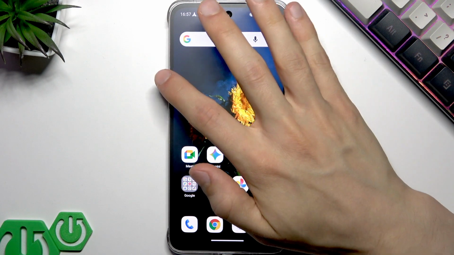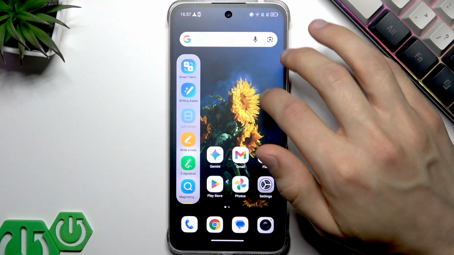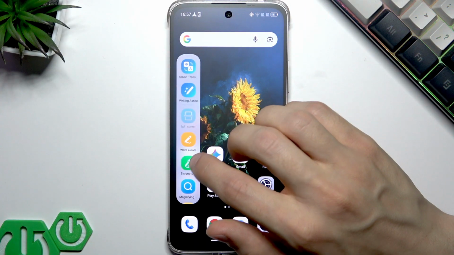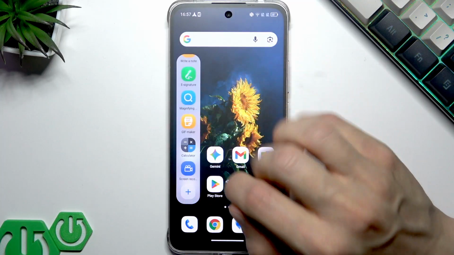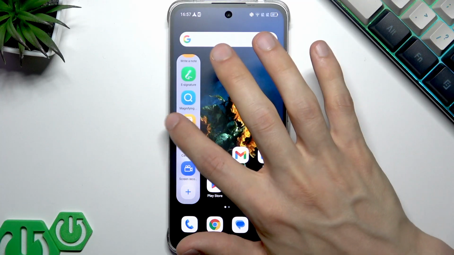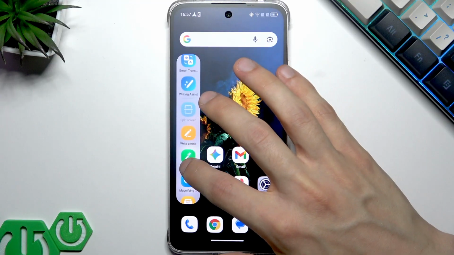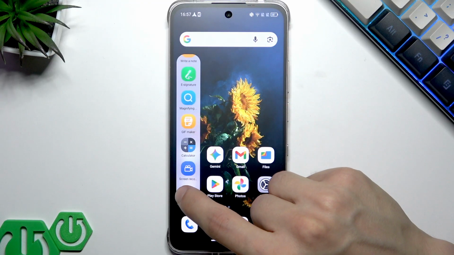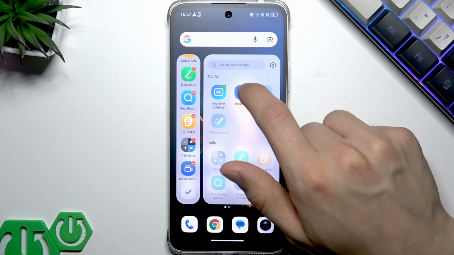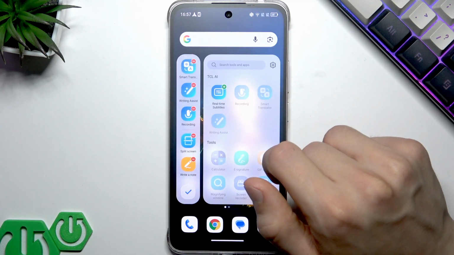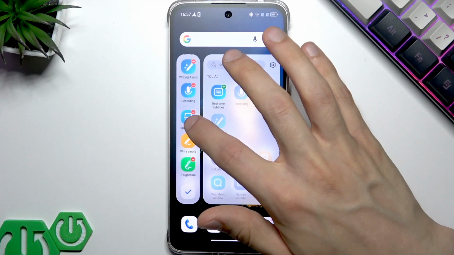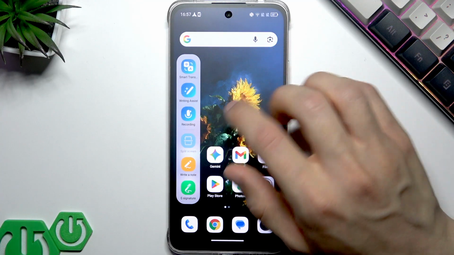First of all, we have to swipe in from the edge of the screen and hold briefly in order to open the AI sidebar on the smartphone. Now we should find the microphone icon here. I don't see it, so let's tap plus and find it in here. It's called recording, so